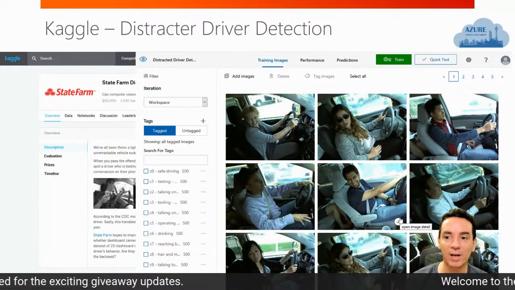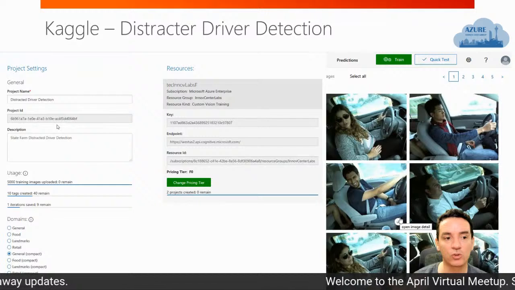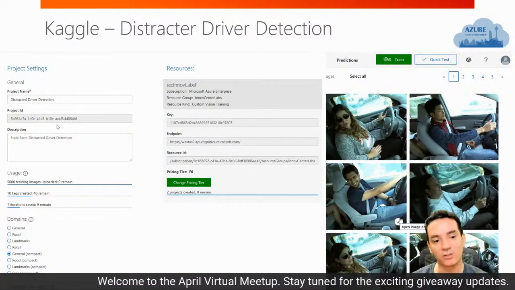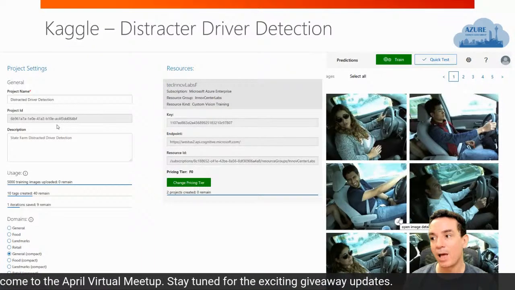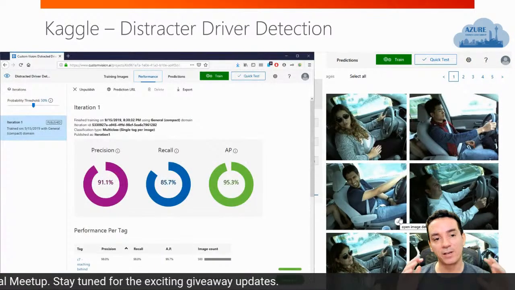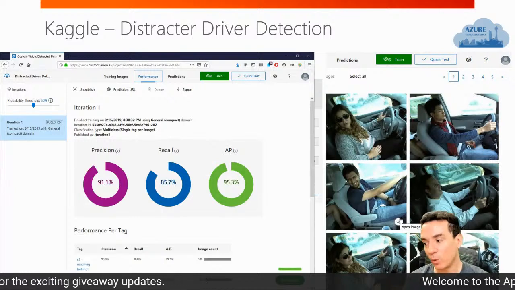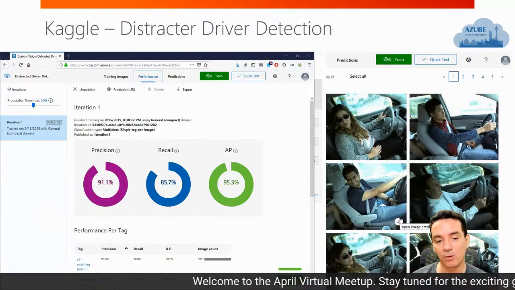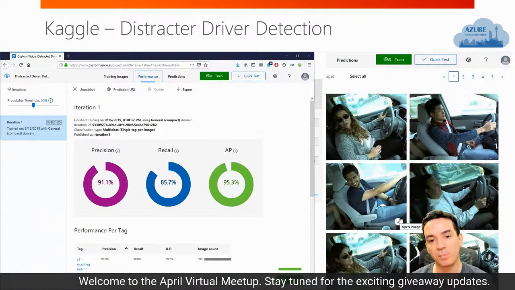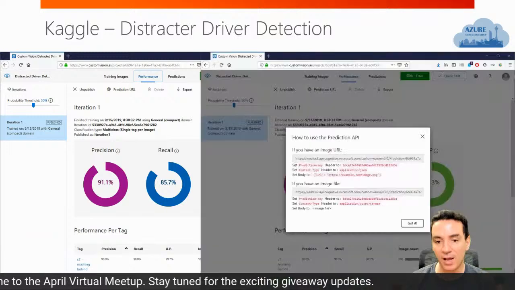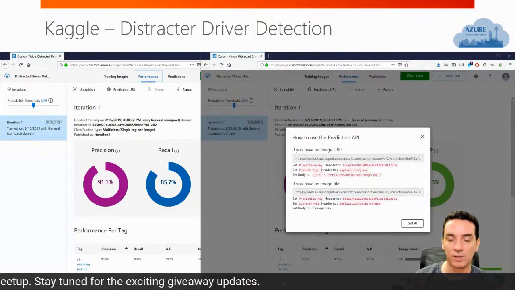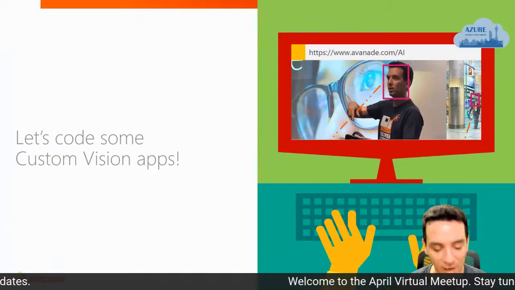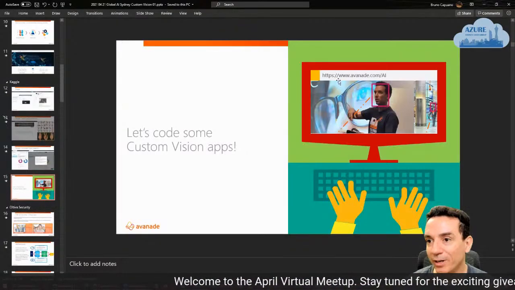You can upload these to Custom Vision, upload your images, and then you train the model. Then when you have it here, you can say, okay, let's train this, and it's going to upload the images, train the model, and we are going to have, at the end, a chart like this one, which is going to basically tell us, okay, I trained your model, and here are a couple of metrics around your model: precision, recall, and AP, which is kind of nice, and we'll also have a public endpoint if you want to use this. And it's super easy, and again, I started with Kaggle for the distracted driver data set.